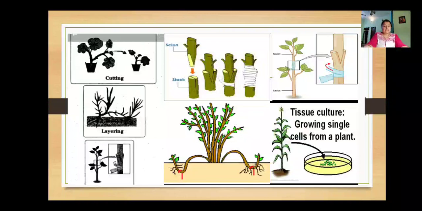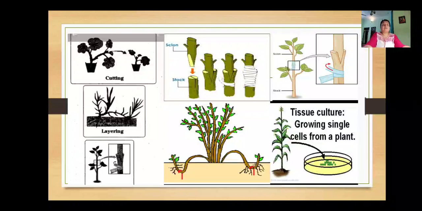We keep it moist by sprinkling water, and after a few days we can see growth, since that branched part is under the soil. After 2 to 3 months the roots grow out of it and the branch is then cut off and planted in moist soil, like guava and mango. Again mango, actually many methods we apply, like cutting also. So in layering also we can see it especially in the mango plant.